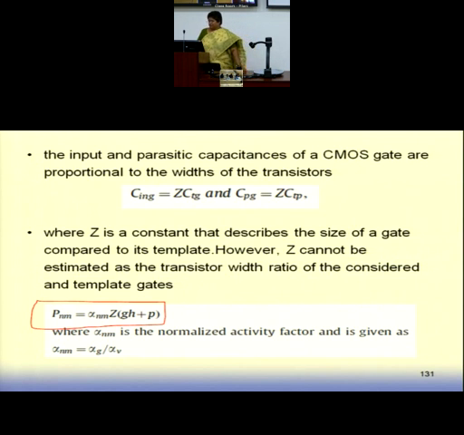Okay. So I have got an expression for my normalized switching power, which can be used to compute the power consumption of any other gate whose values for alpha, G, H and P are known to you. This equation is very, very similar to the delay model that we have for logical effort. So I have now adopted my logical effort model from delay to power, with modified definitions of G and P.